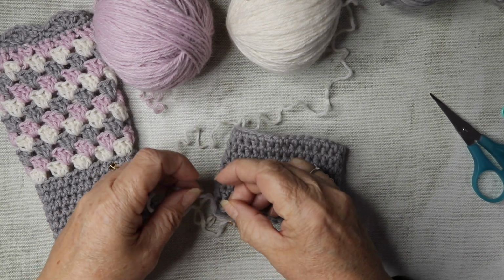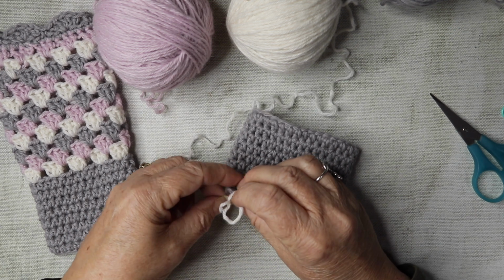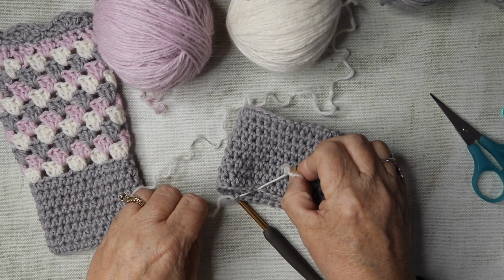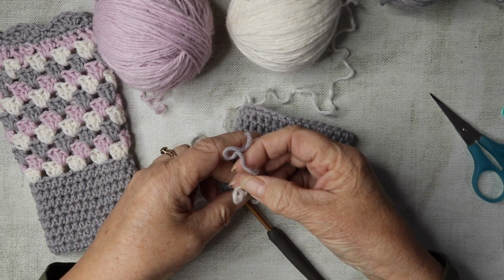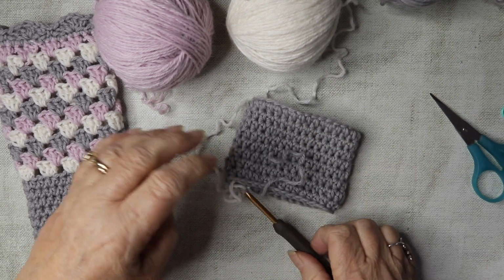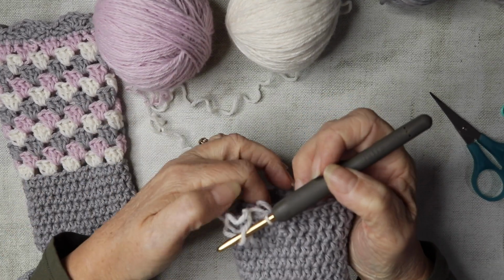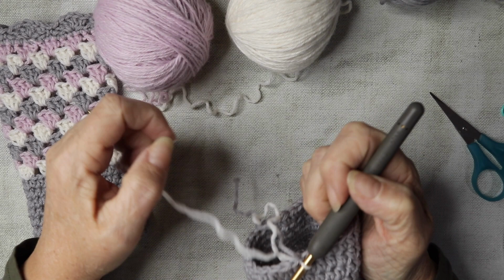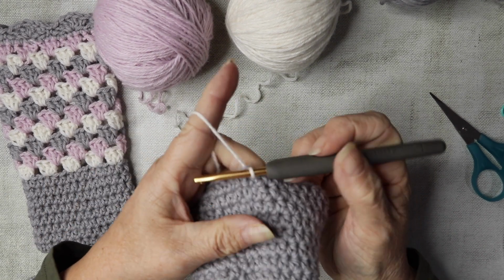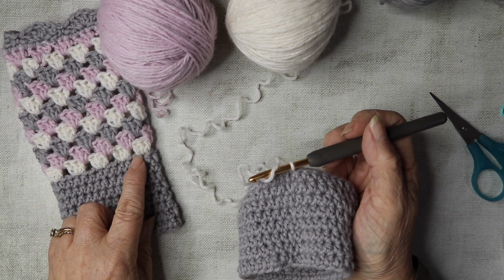And I'm just going to take my two ends and just secure with a little knot, and then we're ready to work on our next colour, and all the ends obviously will be stitched in when we've completed this project. So, we're going to now be working the granny stitches, which these are the granny